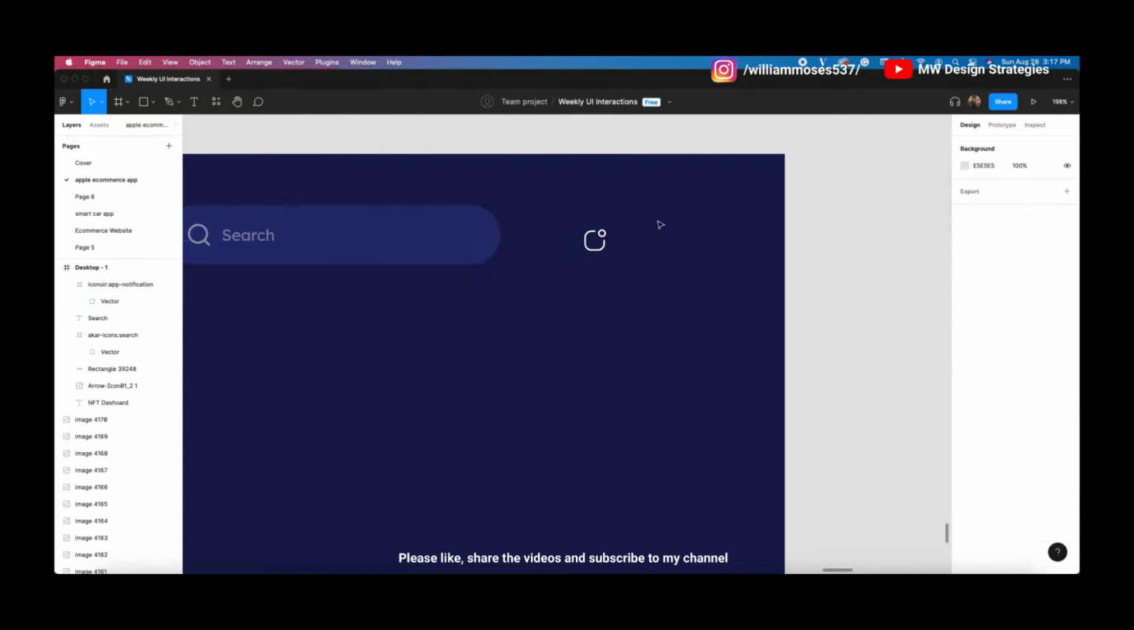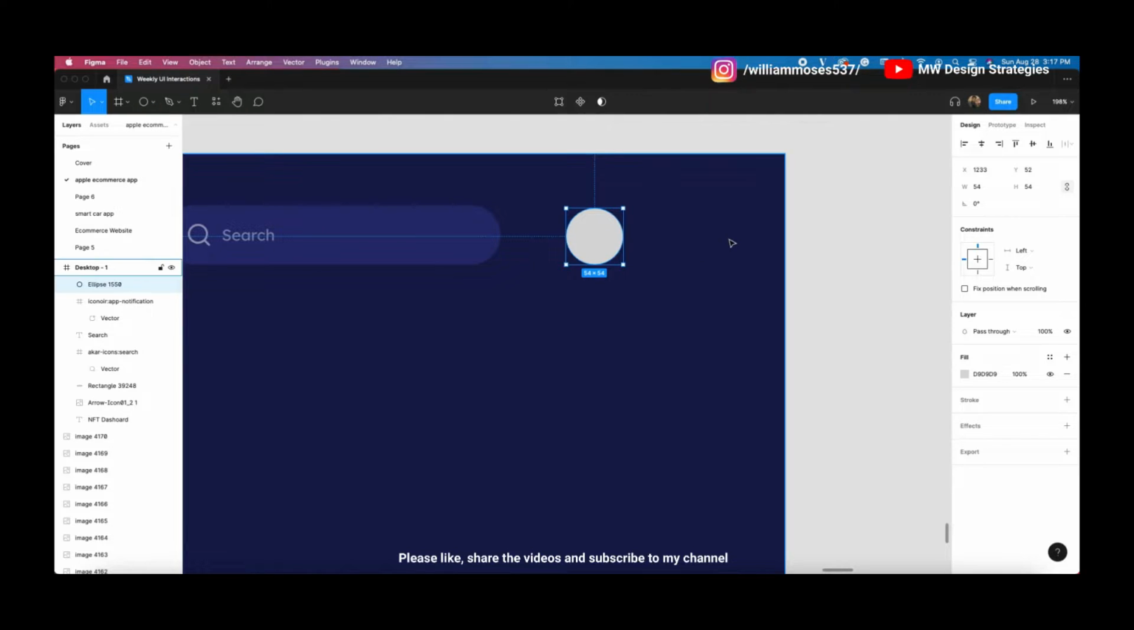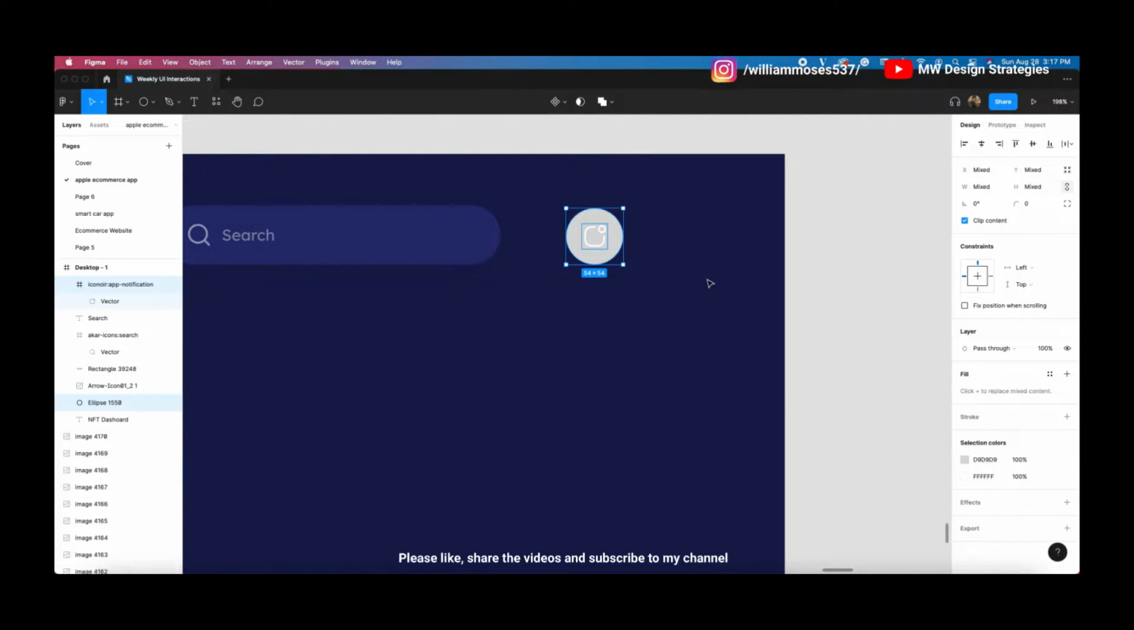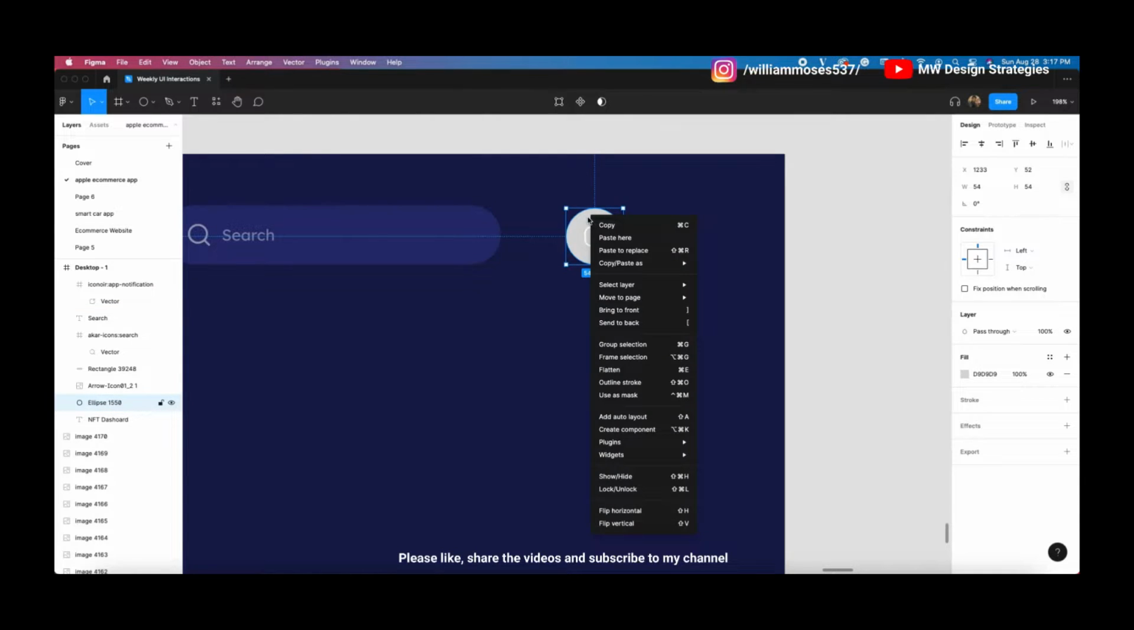Once you get this, we have to create a circle for this as well. So go to the tools above, select circle, then send it to back. How you can send it to back: click shift, or right click and send to back,